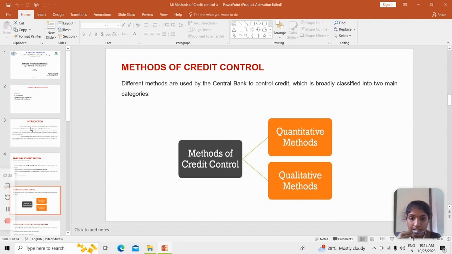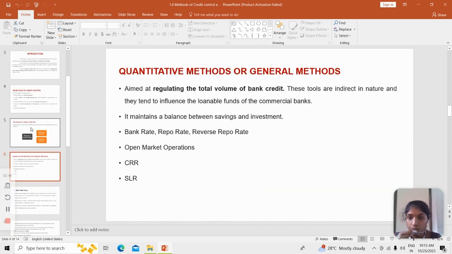Next is the methods of credit control provided by RBI. They have categorized them into two major parts: quantitative credit control methods and qualitative credit control methods. Moving on to the first technique, quantitative credit control methods or general methods. The aim of introducing this quantitative method is to regulate the total volume of bank credit. They have categorized it into four: bank rate, open market operation,